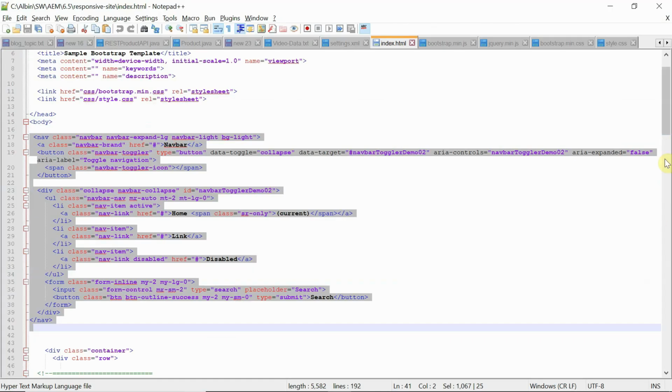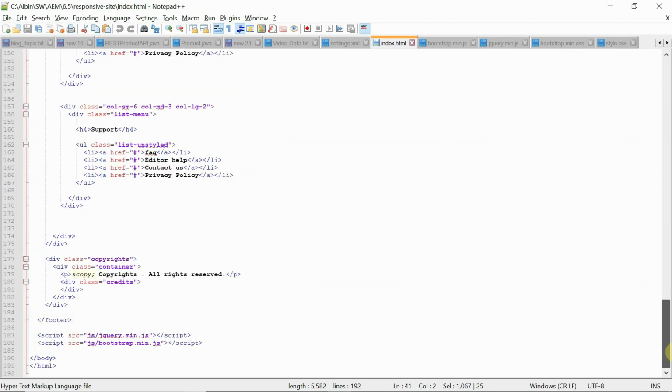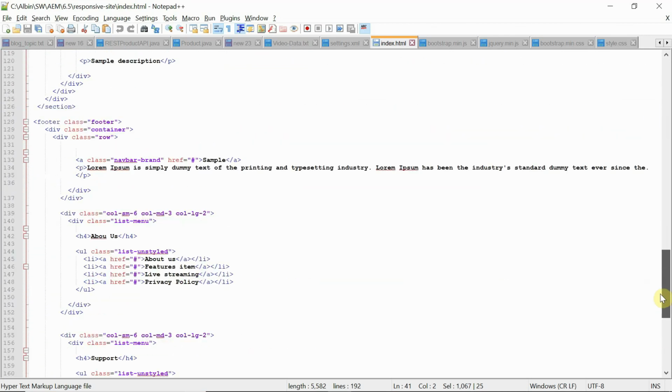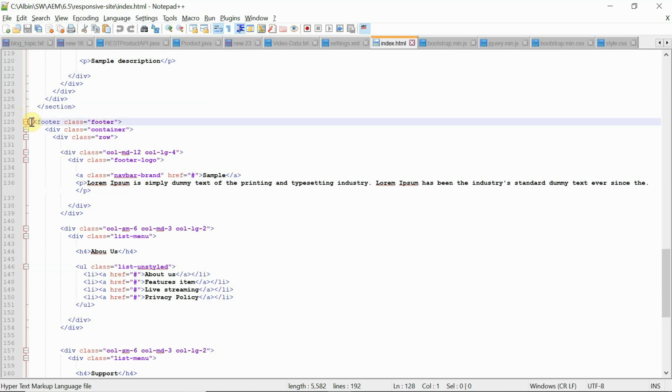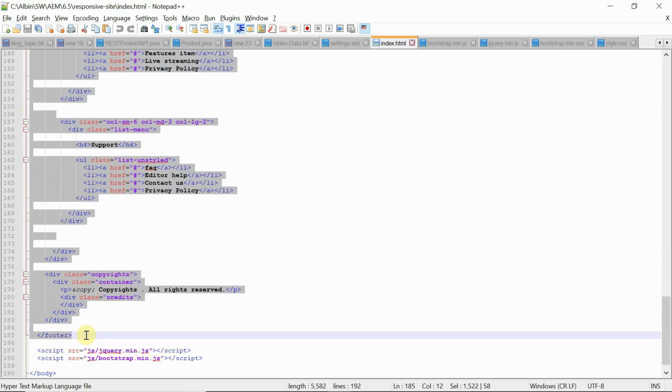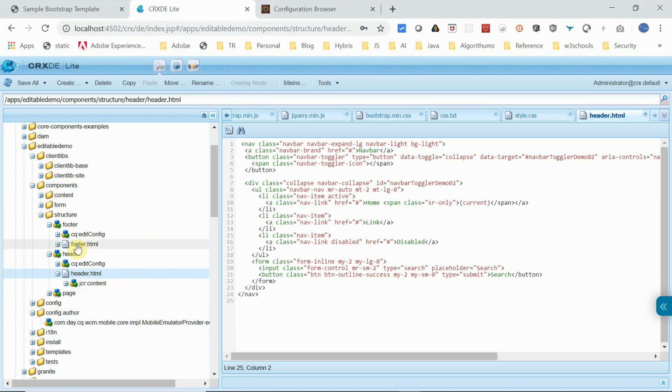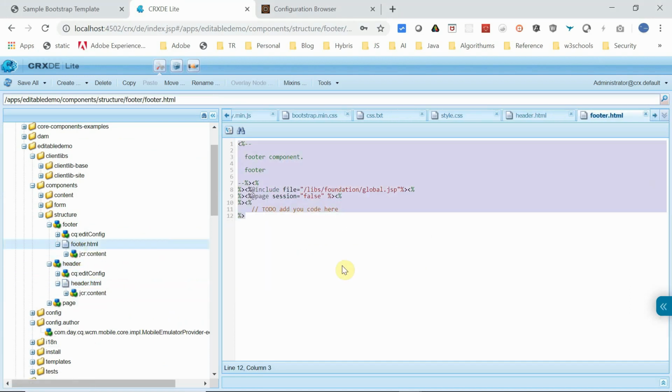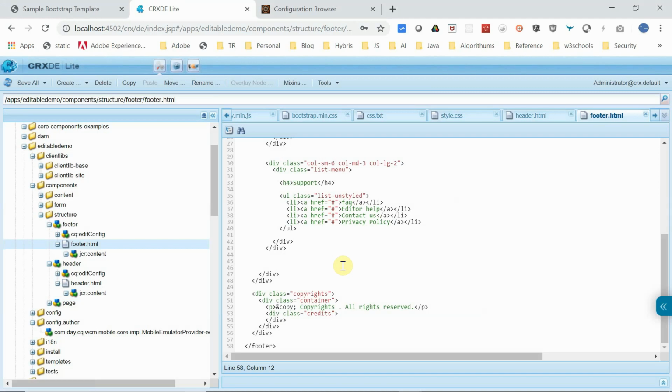Now same thing, go and check the footer. There is a footer defined. Just copy this footer and put it in the footer component. So now the two required components are developed. All other components we are going to use as standard components, so no need to develop new components. These two components are enough.